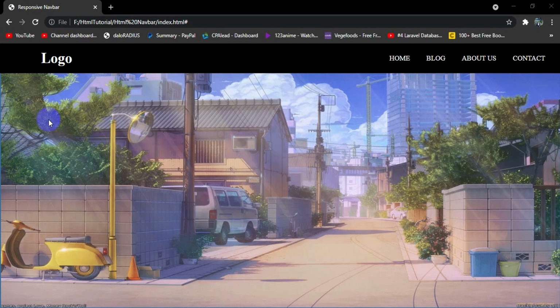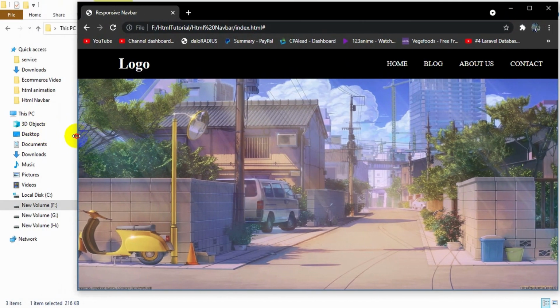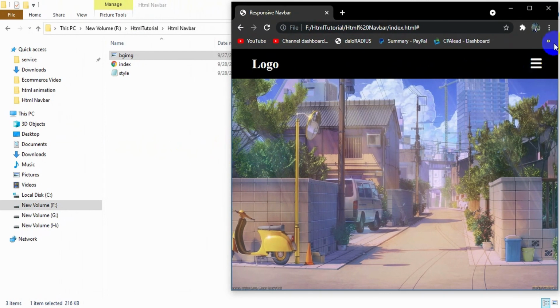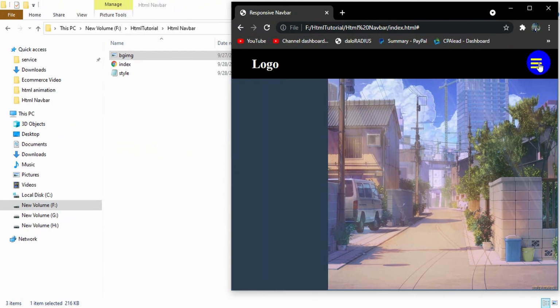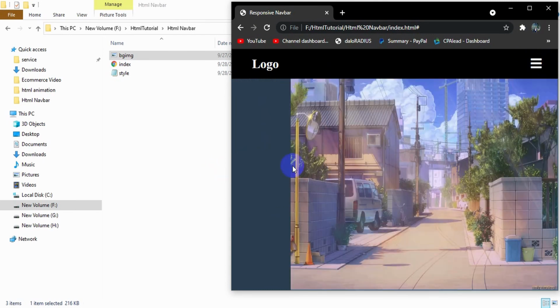In this tutorial, I'm going to show you how you can create a responsive navbar using HTML and CSS. So here you can see we have a logo and a menu option on the right. And this navbar is responsive if we just resize the browser. Here you can see after a certain length, you will see a menu option over here. And if you click it, here you can see the menu appear like this. And if you click it again, it will disappear from here.